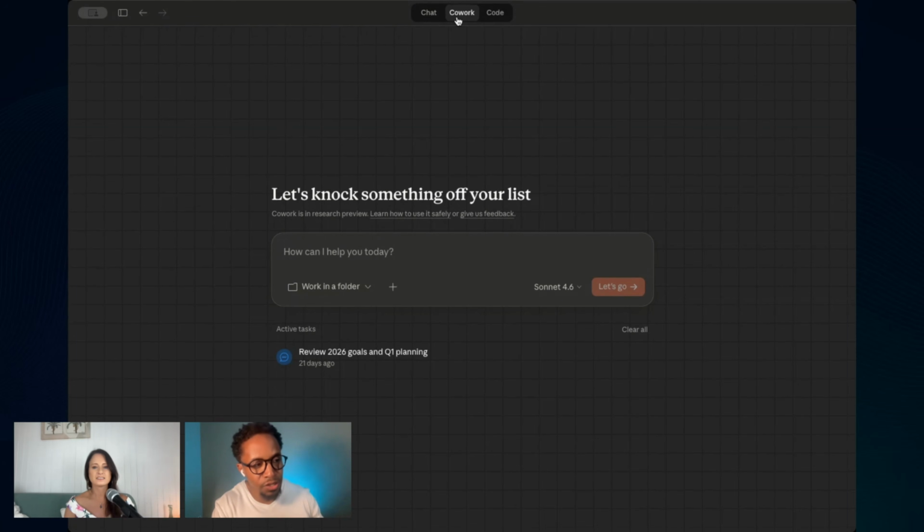It can change things on your desktop. Imagine you downloaded a bunch of videos. You could talk to cowork and it could transcribe videos, change file names, and also connect to your browser, where it can open up Google Chrome, click on buttons and fill out forms. But that's the cowork side.